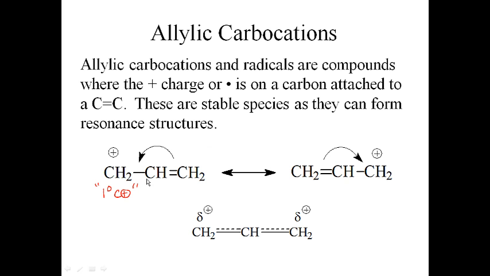Of course, if we have resonance structures for allylic carbocations, that means we have our resonance hybrid. And in this case, what would happen is that we would average out the bonds. So we've got single bond, double bond. The average is a partial double bond. We've got a double bond here and a single bond here, which means the average is a partial double bond. And then finally, the plus charge on this carbon, neutral here, so that's delta plus, neutral plus 1, average delta